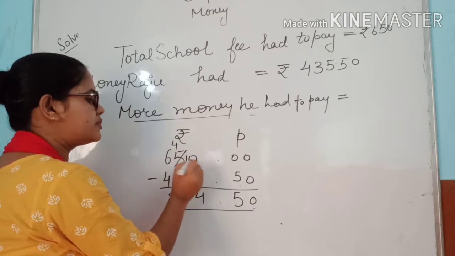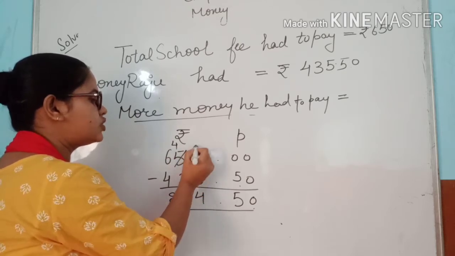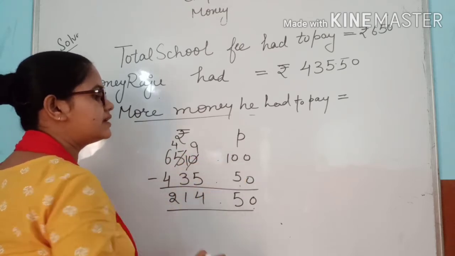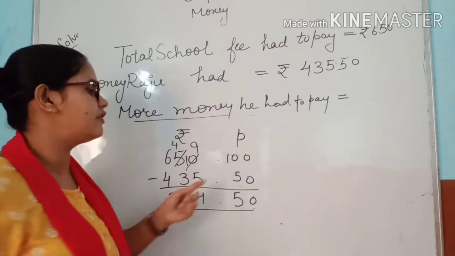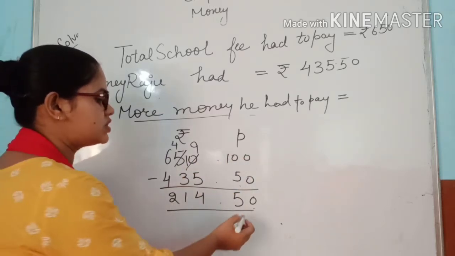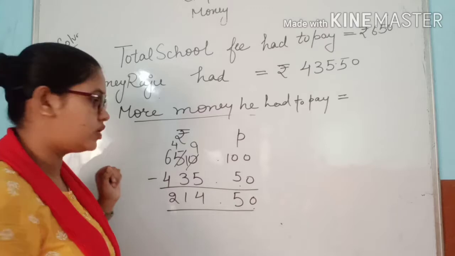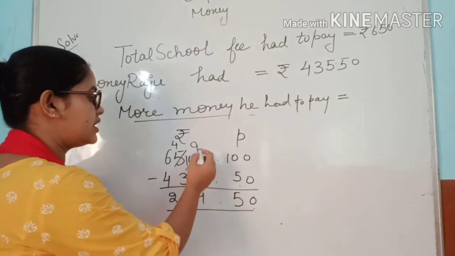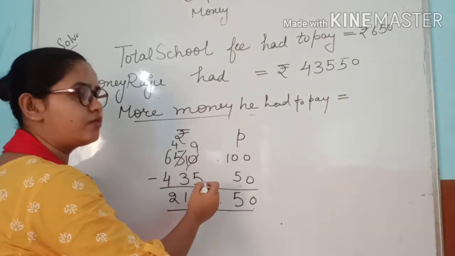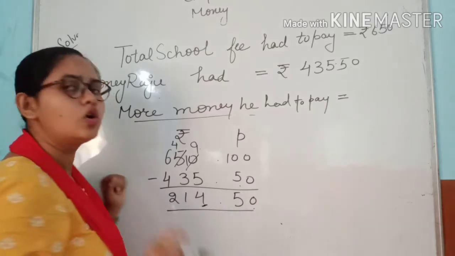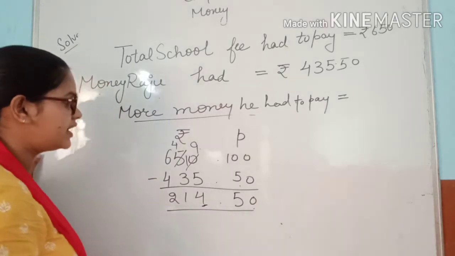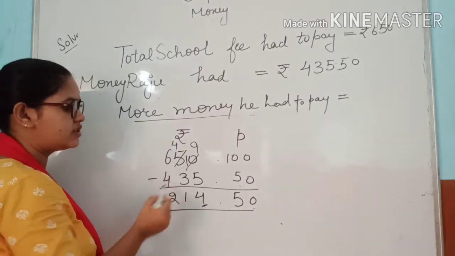5 becomes 4, it becomes 10. Now this 10 will give 1 to this 10. And you can see when we minus 5 from 10, how much is left here? 5. Okay. Now come to the rupee section. There is 9. 9 and 5. We have to minus. How much do we have here? 4. Okay. Now you can see 4 is here and 3 is here.